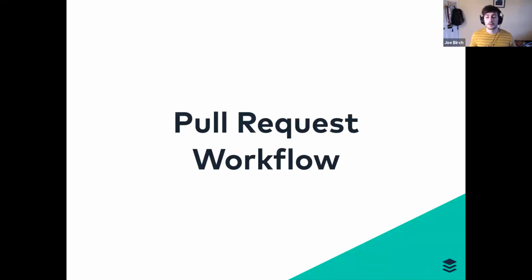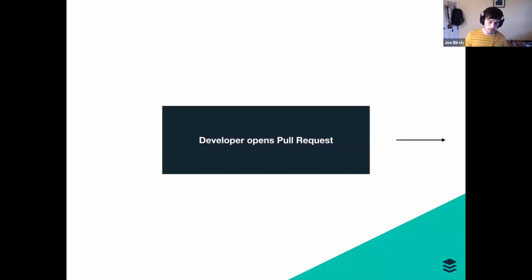So I just want to run through our pull request workflow quickly and share what we're doing there and how we're making use of danger to automate some of our review process. So to begin with, our code review, our pull request is pretty straightforward at the start. The developer will open a pull request. At that point, our CI has a trigger, so that our CI kicks off the development workflow, which is a pretty normal thing for